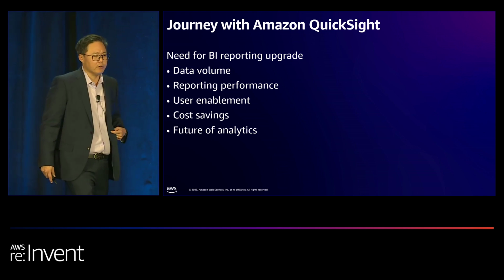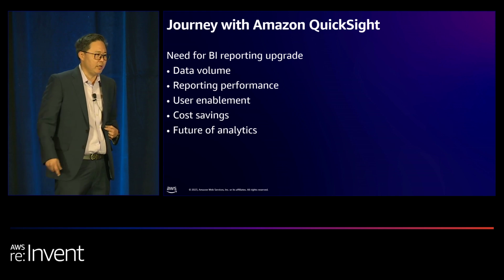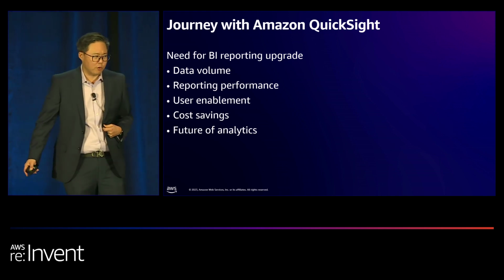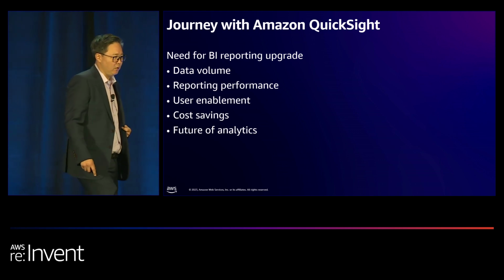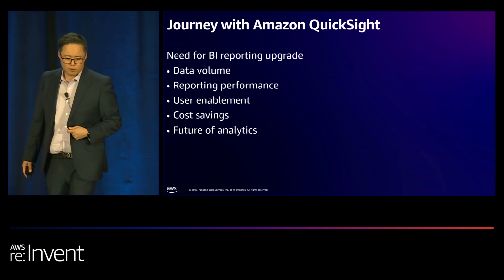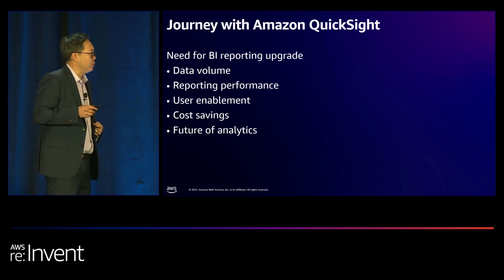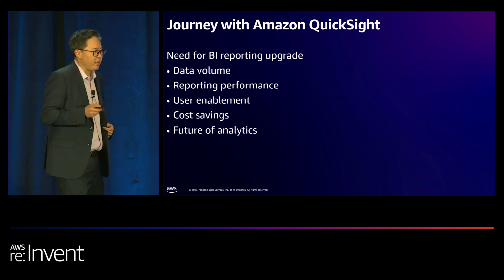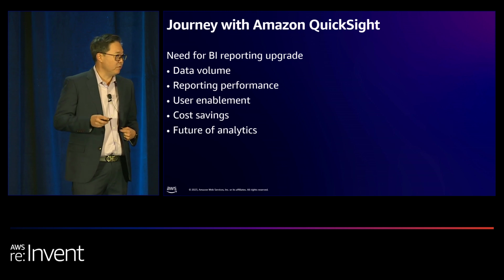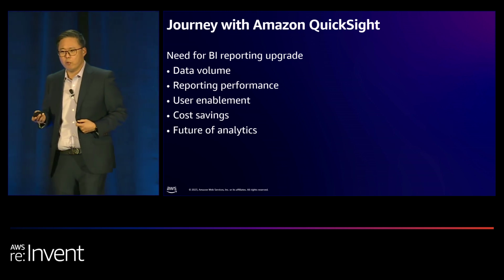And nothing is more frustrating than someone working at the venue and in operations waiting for their profit and loss report to load and load and load when they have time to take care of their operations and day-to-day tasks. And also, we wanted to make sure that we were able to provide the data in the hands of all of our folks. Now, we all know, with BI reporting tools,